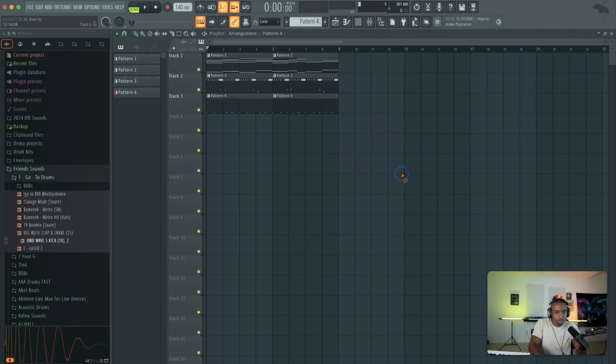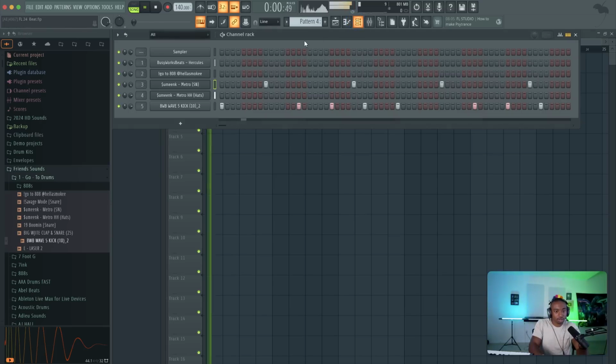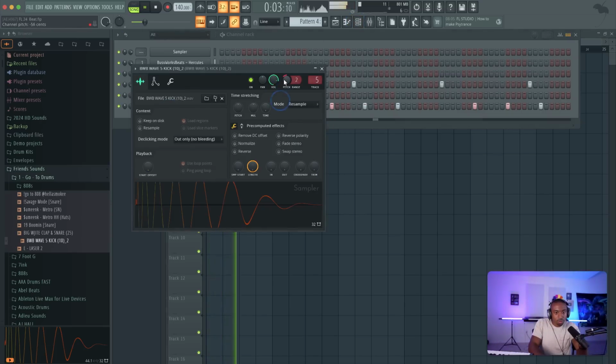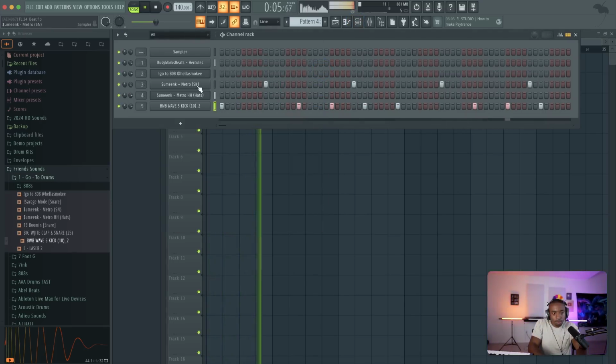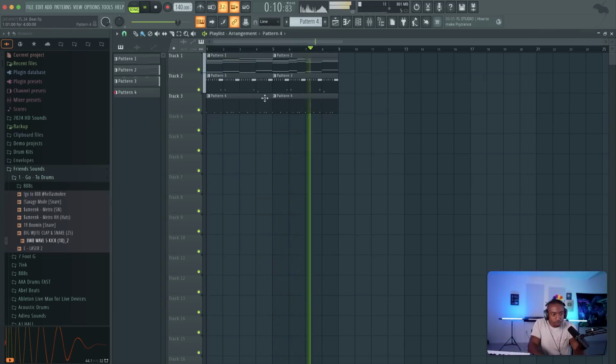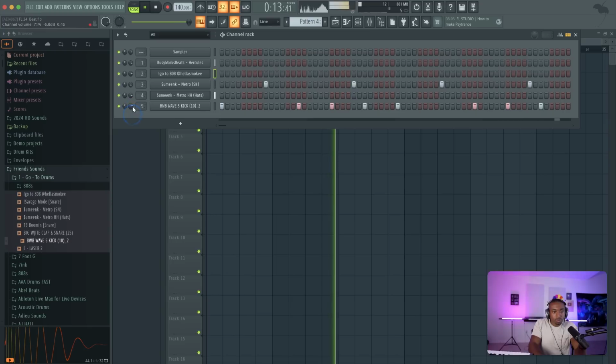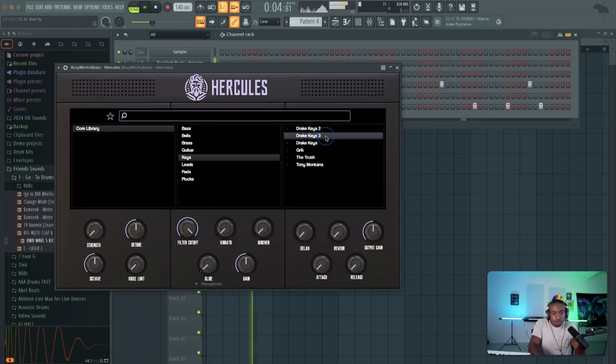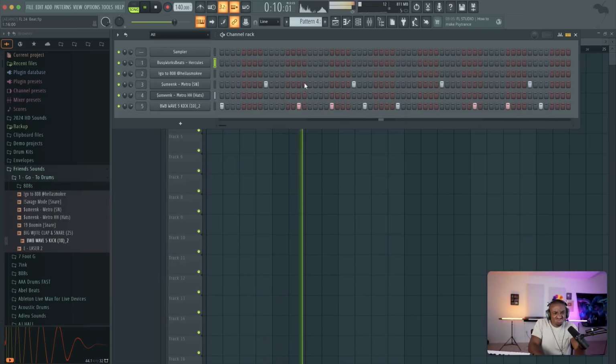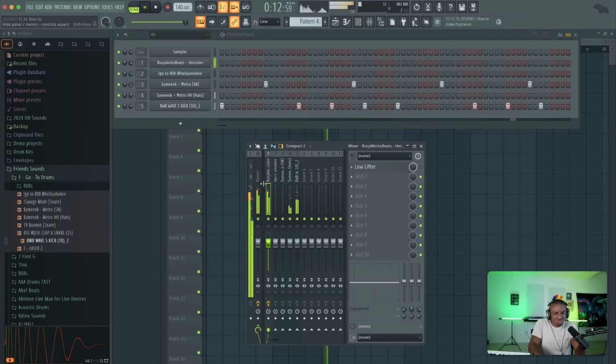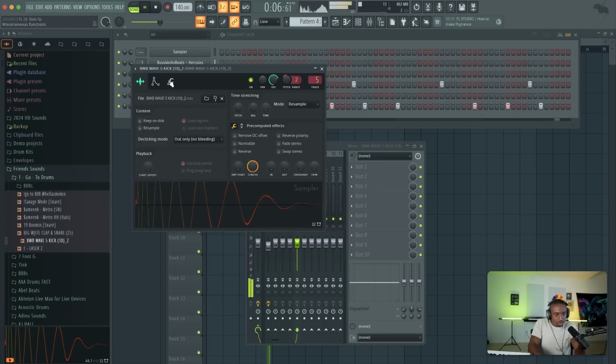Yeah, Low Lifter, at least for that sound, doesn't do much at all. Scream straight. Just turn it down a little bit though. Again, you guys will get the project files for free.